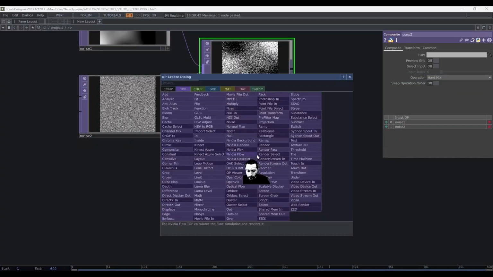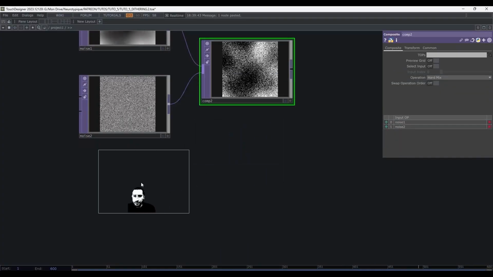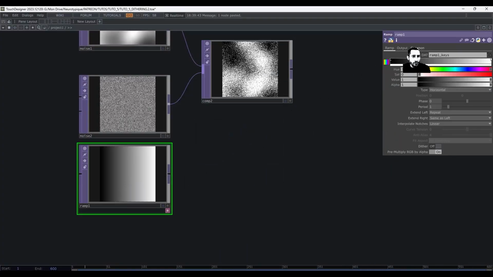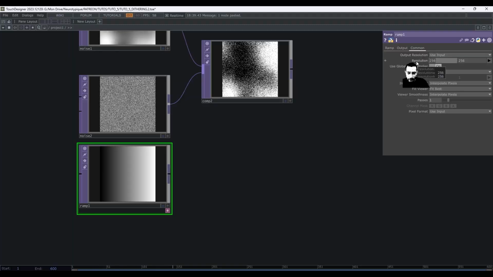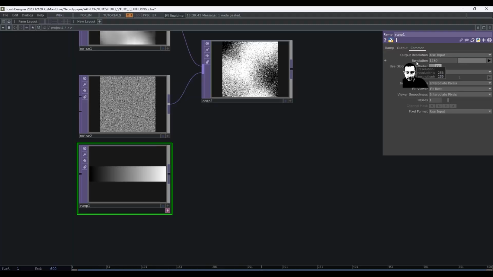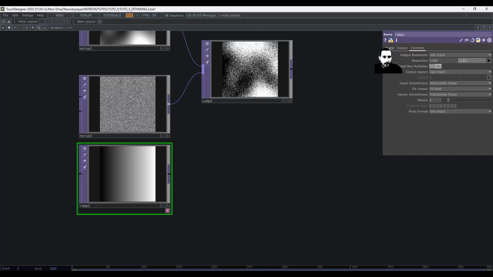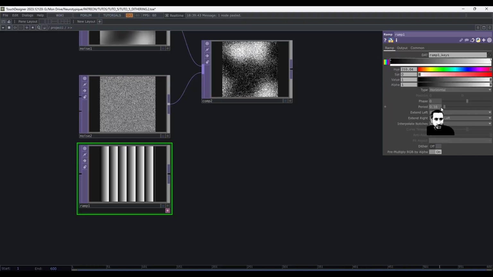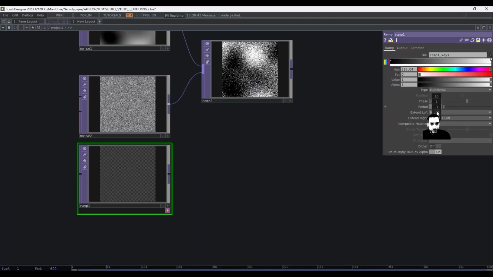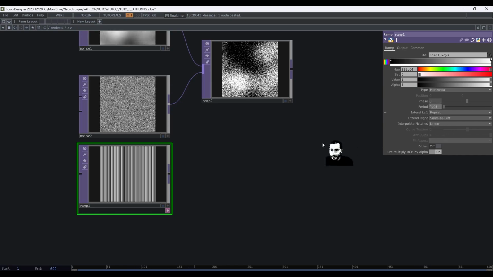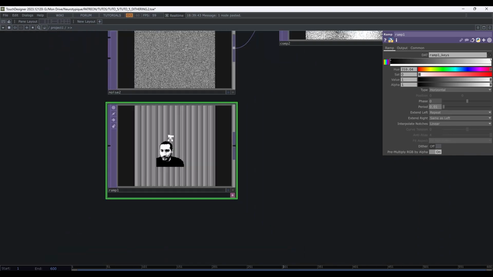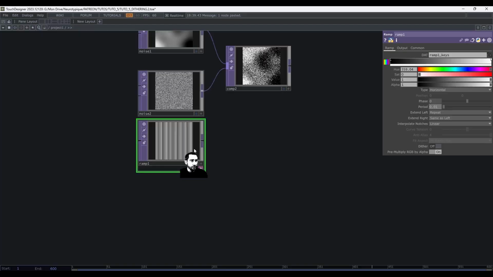You could also use a ramp as we saw earlier, but let's make it with a higher resolution, 1280 by 1280. Small period. If I look at this from far away, it's kind of gray.